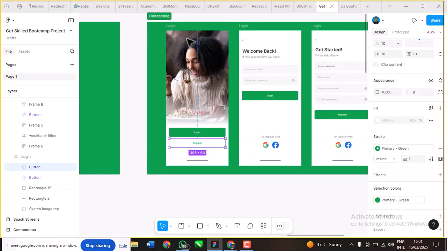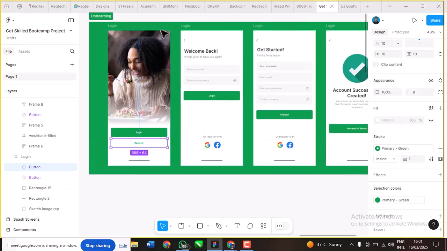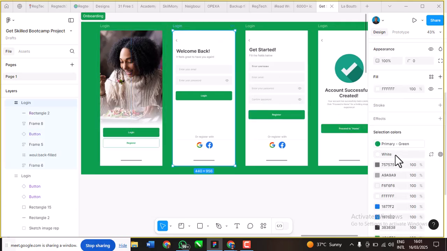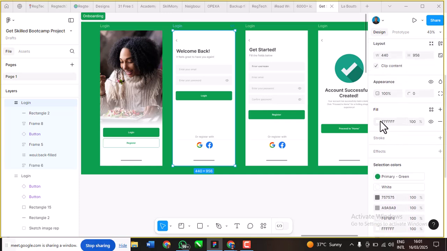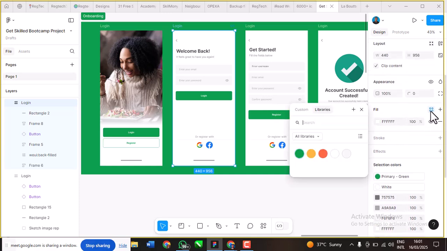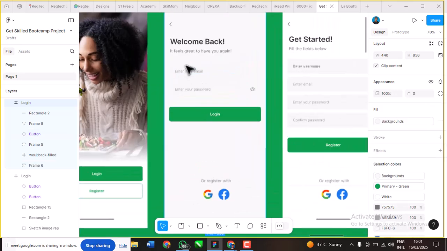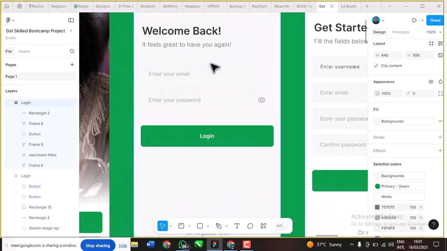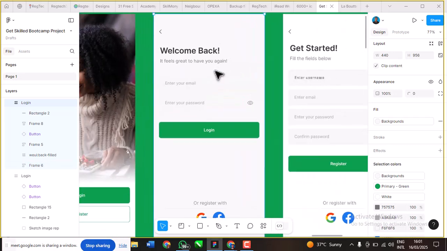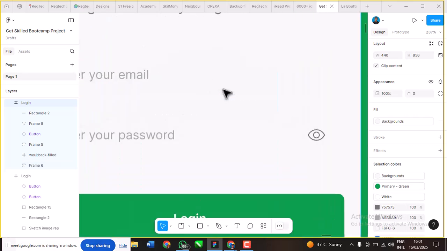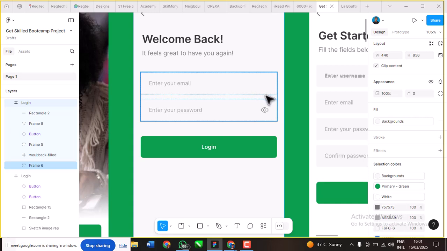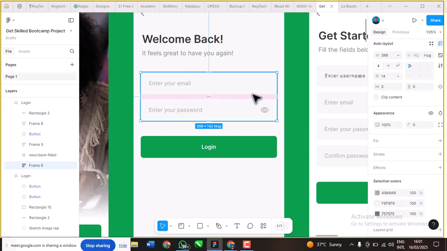Now for the background, I'll leave the first screen and come to this one and apply this FFF, which means it's white. So I need to apply the background. Let me check for background. You can see that I've applied the background color to this. Since I applied the background color, you can see that this text field is almost not visible. To make it visible, if you click a frame that has two or more other frames,